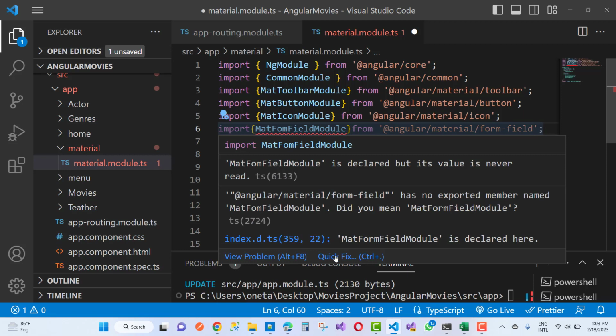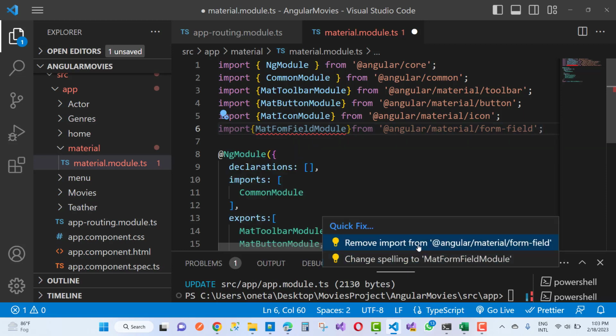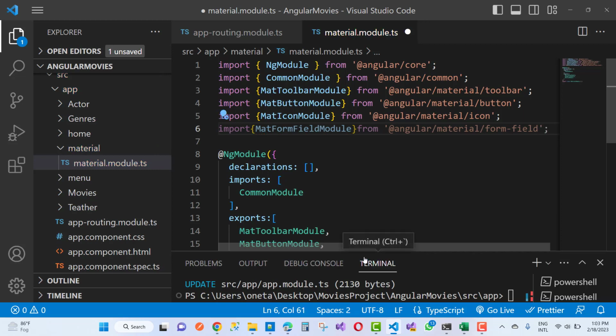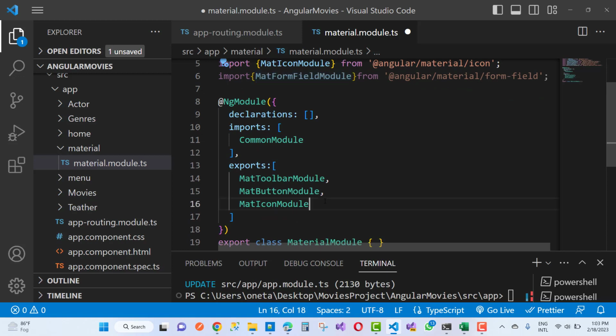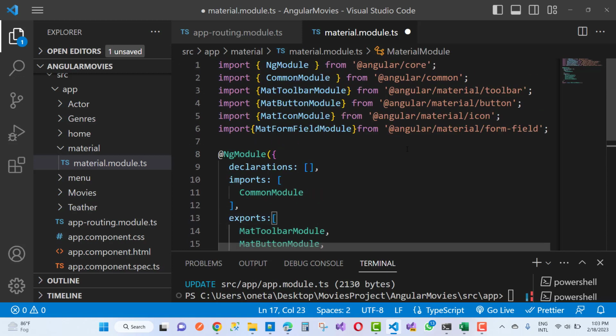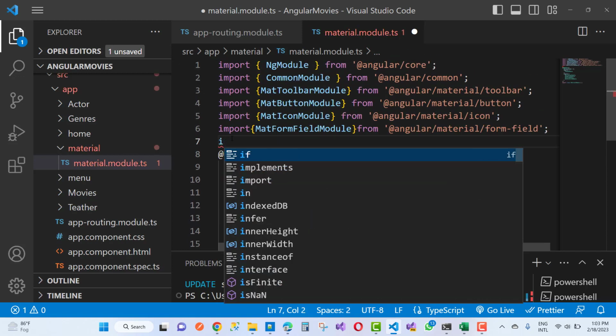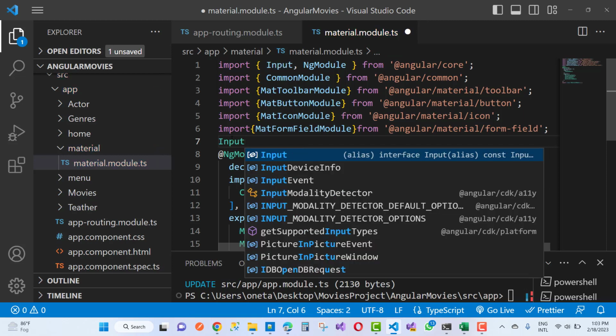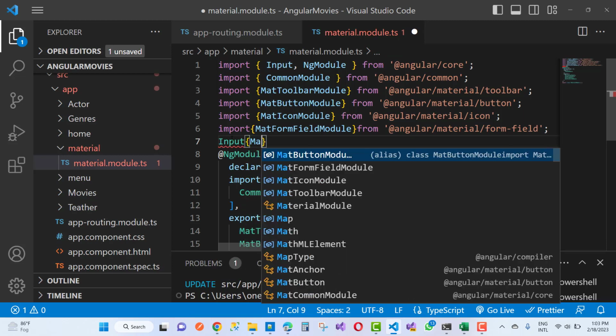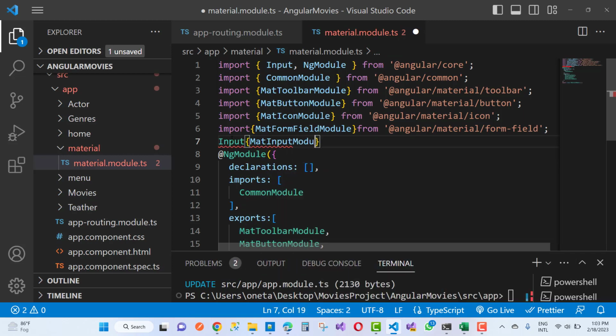So just open your material.module.ts file, and where you have to just add mat form field module as well as mat input module, and mat icon is already added, and you know that mat error I'm going to add in the future. Okay, so wait for some time, and I'm just going to design the create genres form. Okay, so here we have mat form field module, mat input module,